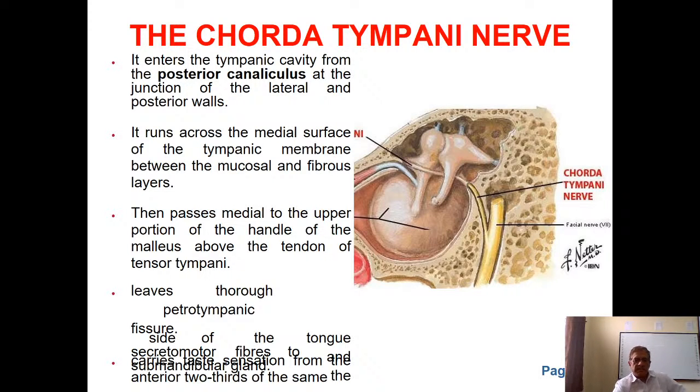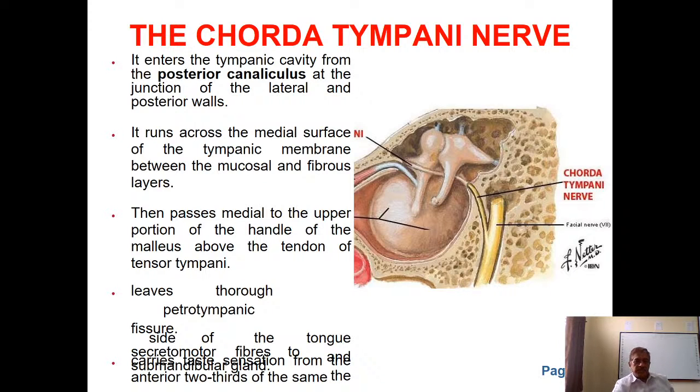The description is given here. Let's see. Let's try to follow the nerve. A branch of the facial nerve, that is the vertical segment, mastoid segment, and the facial nerve comes out, the chorda tympani nerve comes out like that, comes into the middle ear cavity, runs between the handle of the malleus and the long process of the incus, and then comes out and exits through the skull by the petrotympanic fissure,